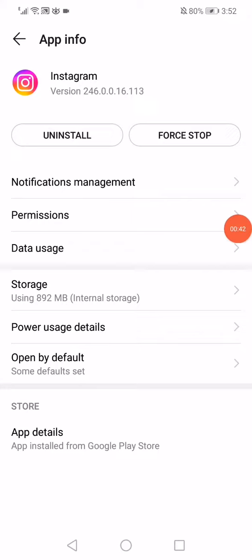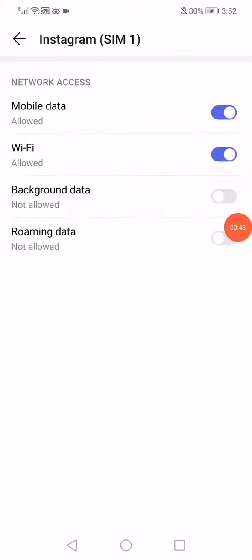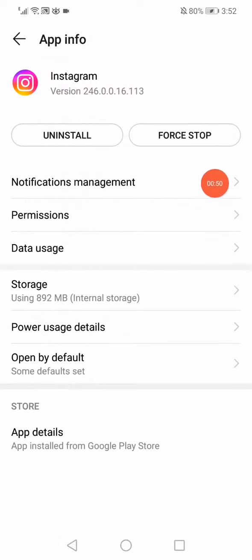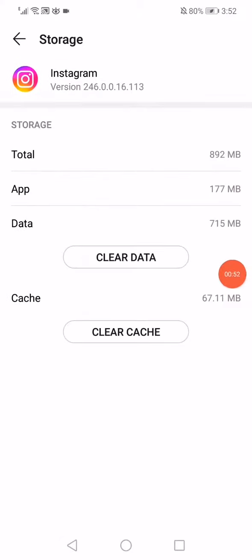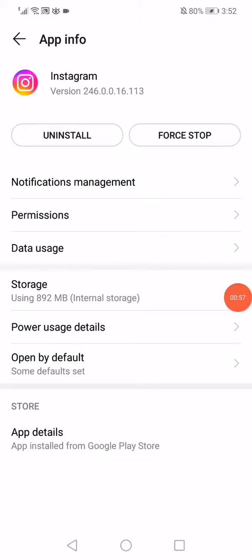Click on data usage and make sure to enable Wi-Fi and mobile data. Go back, click on the storage and then click on clear data and clear cache. Go back and this time click on force stop and restart your phone